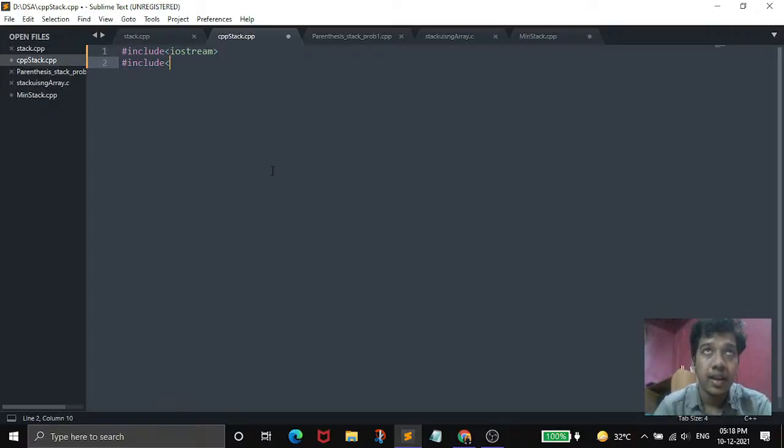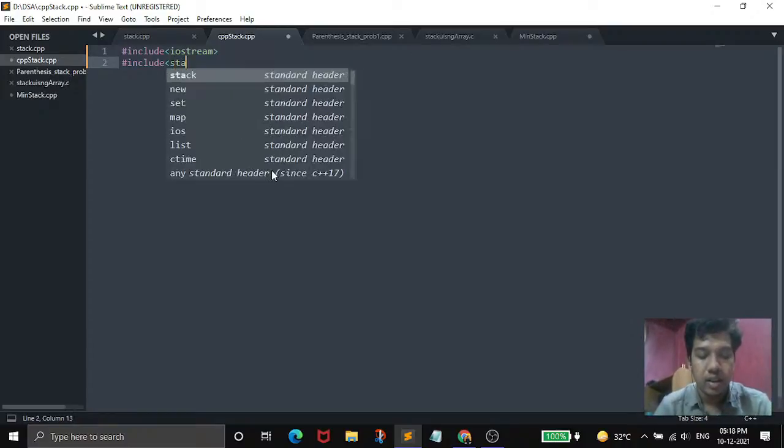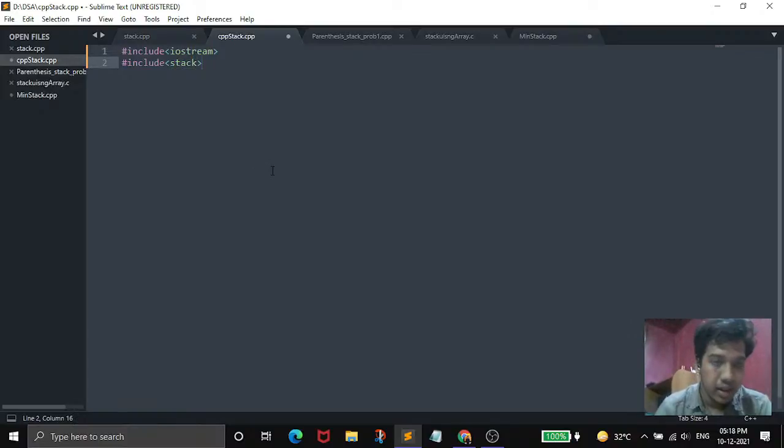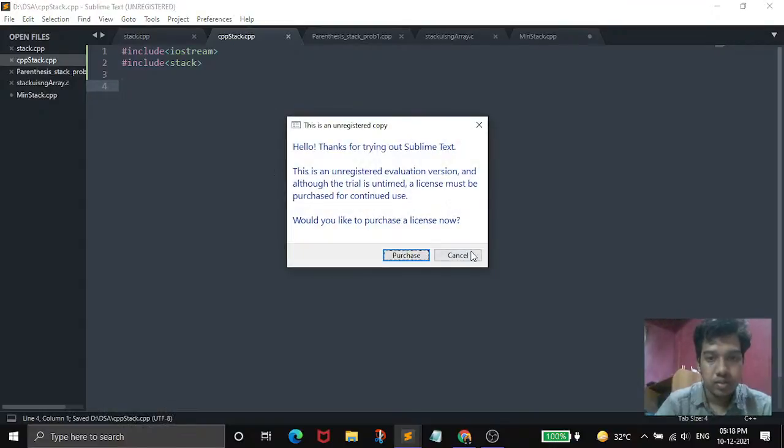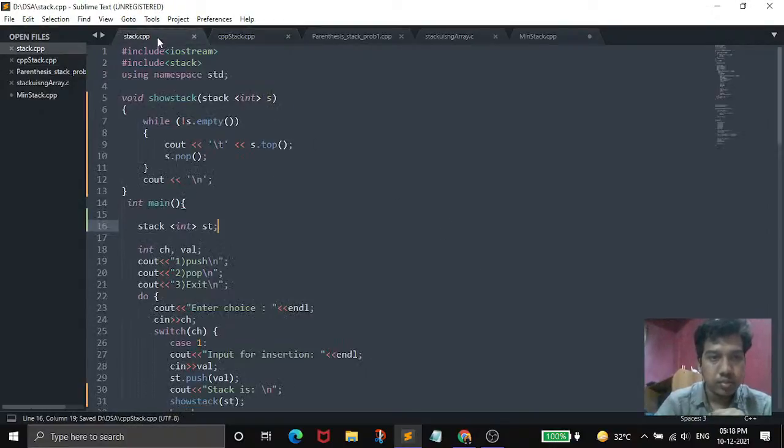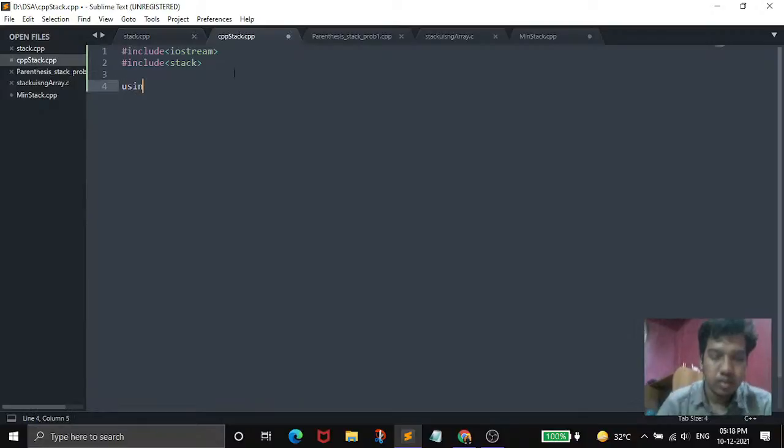So for using the STL library, which is the standard template library of C++, we have to include the stack. Stack is pre-built in this library, we are going to use it. Okay, so for creating a stack, we have to give the int main function first. Inside int main.